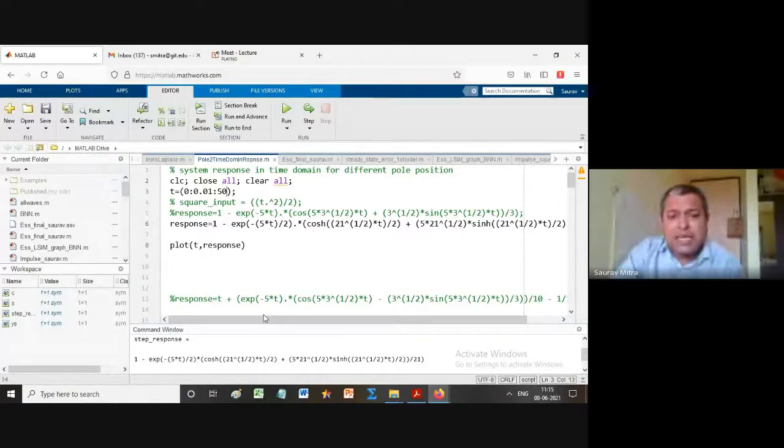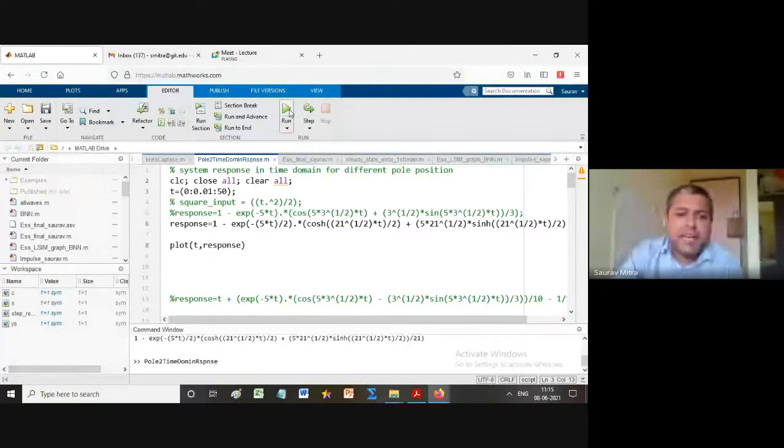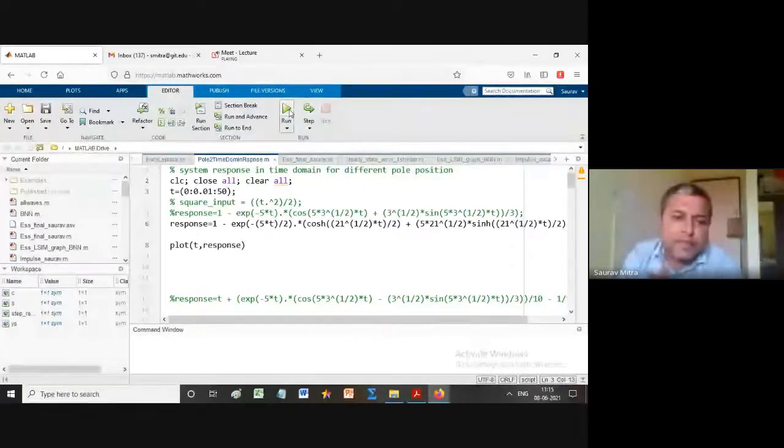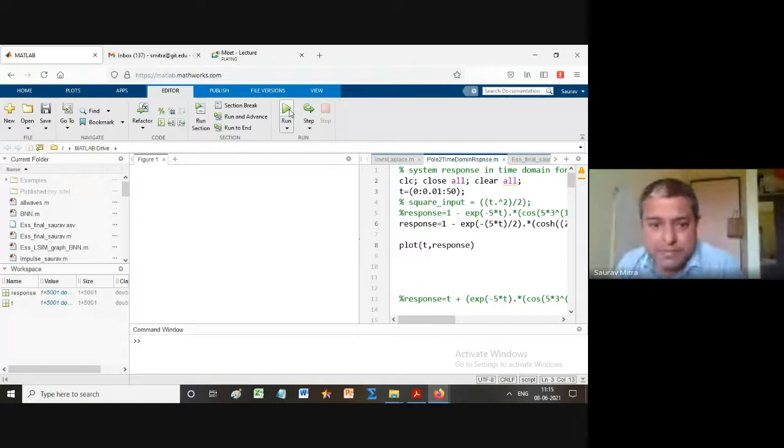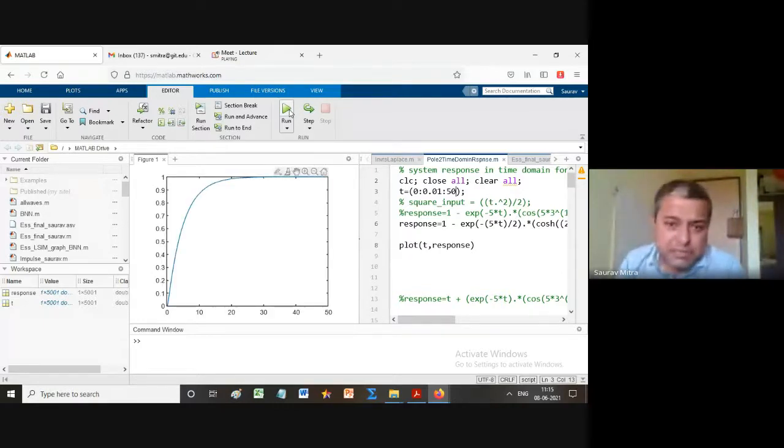So this is the first, type 1 system step response, and if you are running it, you will be finding that difference between input and output, there is no difference. That means there is no steady state error, and this is a very good graph and you can find here. But the best graph is going to come next. Okay, that is the first order system, sorry, type 1 system and ramp response. So this is the step response of type 1 system, and you are finding that output follows the input. There is no steady state error. Okay, that we are finding here.